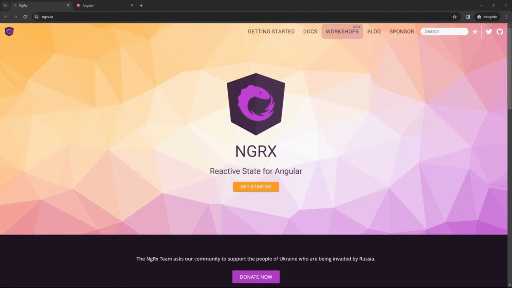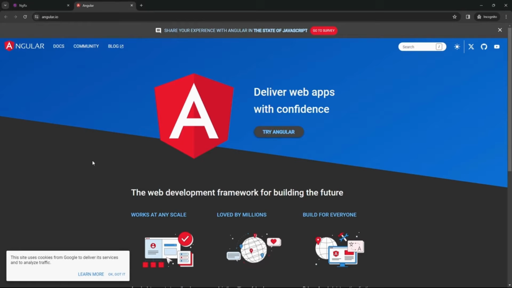That's the reactive state for Angular. Now, those who are already familiar with Angular know that Angular is a Google-powered web development framework which can run across multiple platforms. This platform is available for TypeScript developers, so those who know TypeScript can easily work in